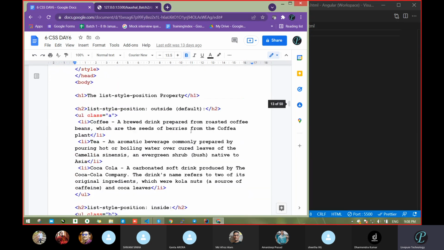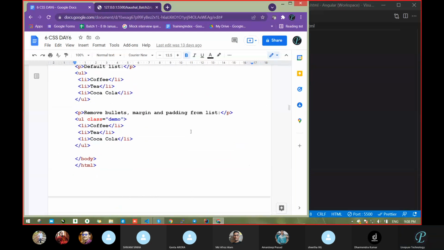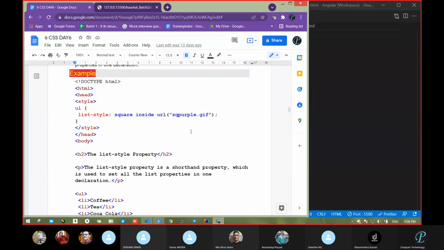We always write the border property. So this becomes position. What about the last one? Image. So list style image. Whatever property you want, you can pass here in the shorthand. Anyone want to look over this also or is it clear?